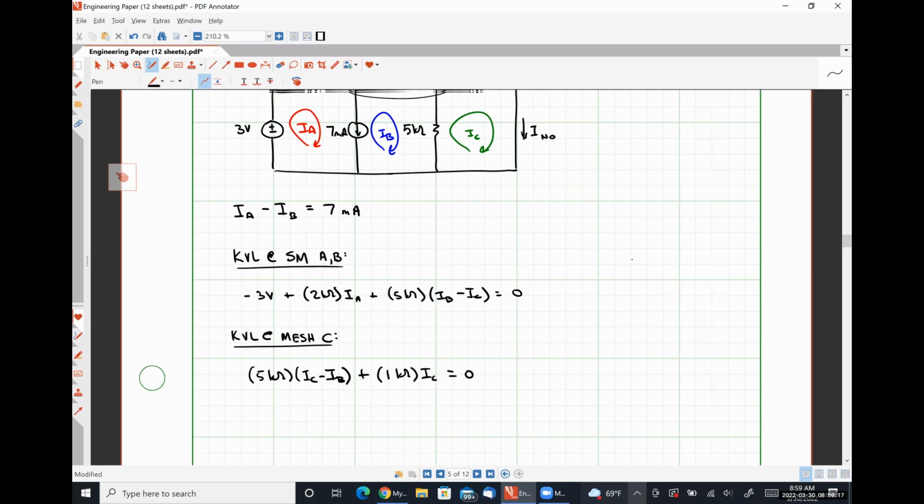For equation 2, my coefficient for IA is 2,000, my coefficient for IB is 5,000, my coefficient for IC is -5,000, and my constant term is +3. And lastly, in equation 3, my coefficient for IA is 0, my coefficient for IB is -5,000, my coefficient for IC is 6,000, my constant term is 0, and solving, I get